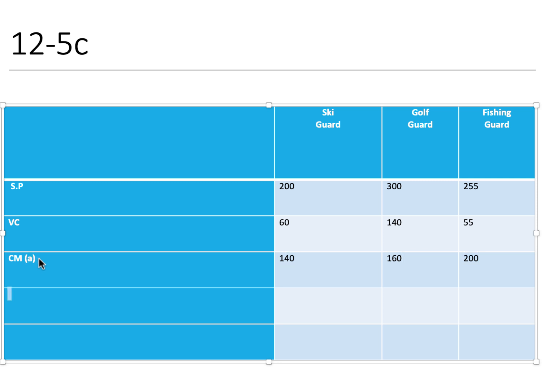Now we got to factor in the constrained resource. So what is the constrained resource? It's the plastic pellets, specifically pounds of plastic pellets. Well, we can see here that Ski Guards require 7 pounds of plastic pellets. Golf Guards require 4, and Fishing Guards require 8. So now we got to figure out what's the CM per constrained resource,